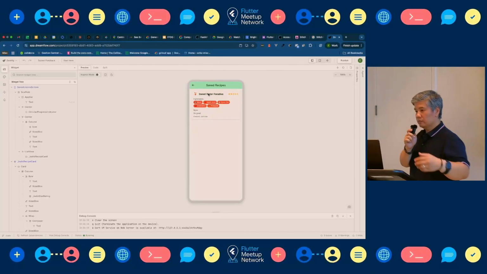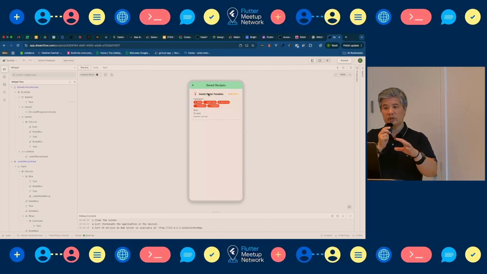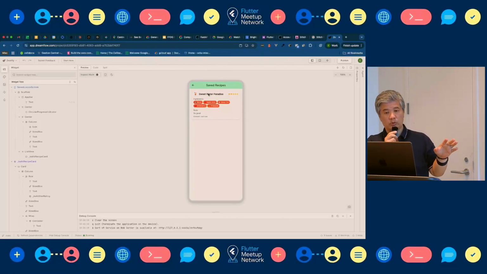Here we are going to see how to improve, in fact, because it's based on a prompt and maybe it's not what you want, and sometimes you want to update on your own with the agent to say, okay, I don't like this, or you are going to update it manually through the code or through the properties. I'm going to show you how you can improve the way that you're going to work with DreamFlow.